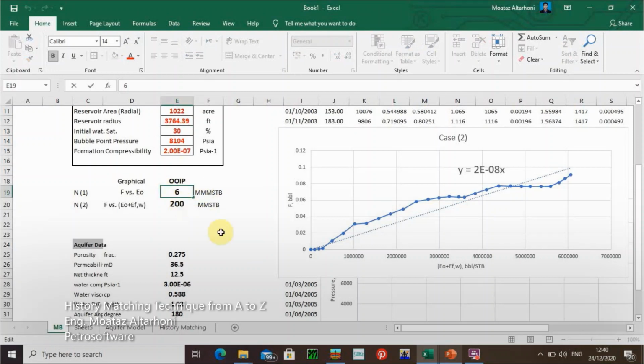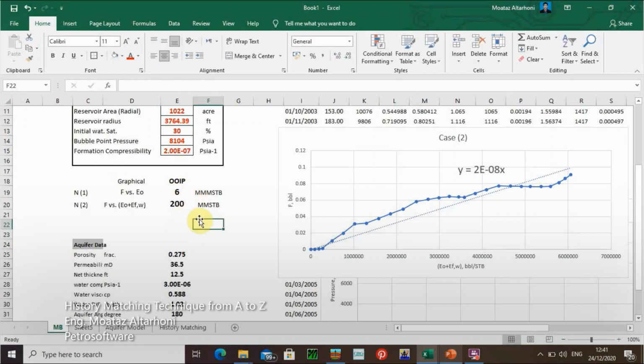I can compare this number and this number, a huge volume, down to 200 million stock tank barrel. That's a big difference between these numbers. The difference is equal to minus a huge volume of